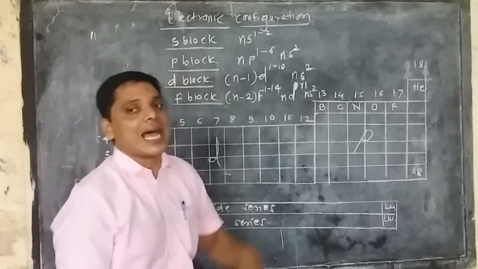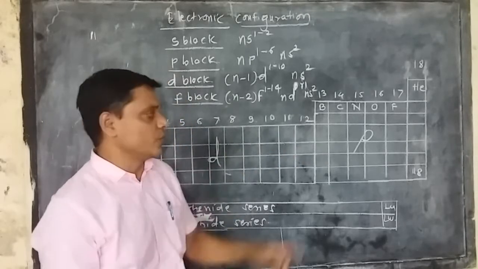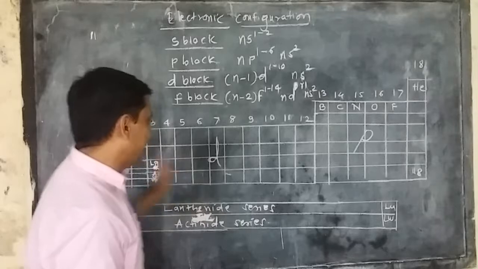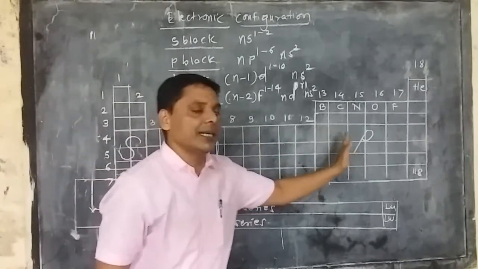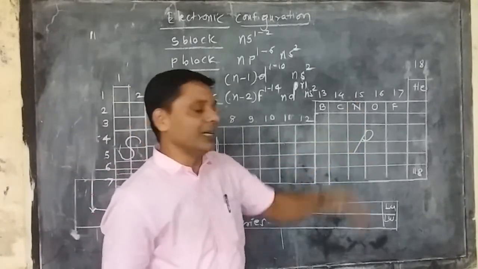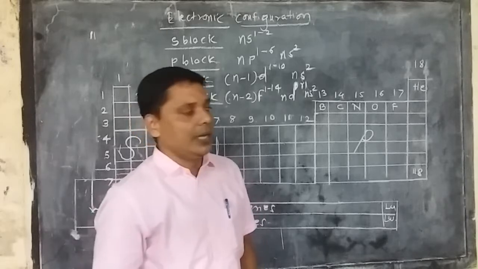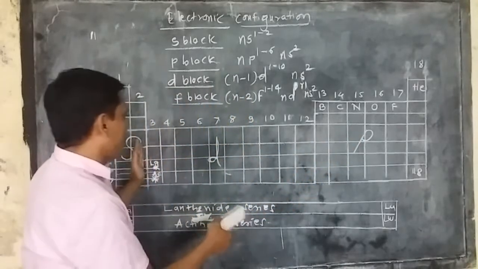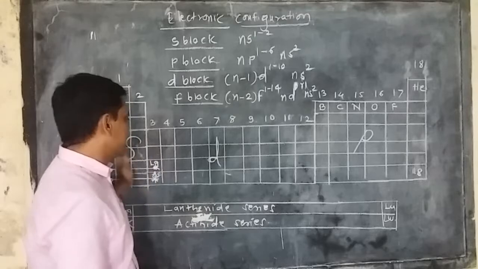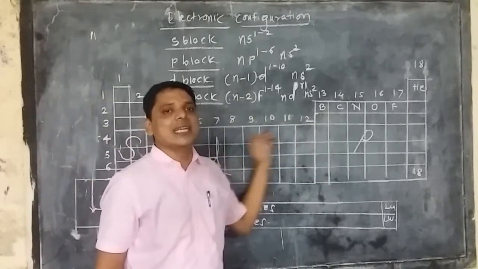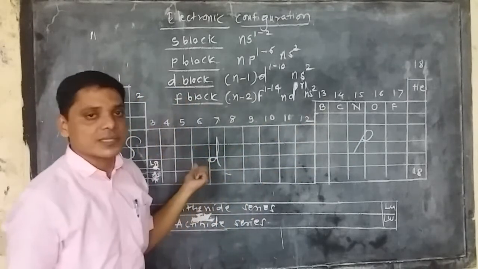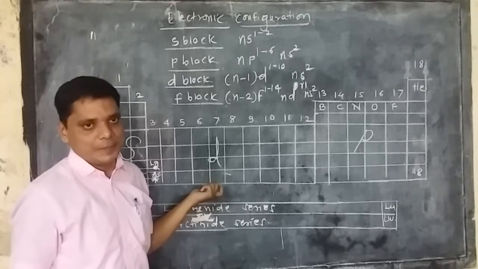Now see that these are highly electronegative elements which are present in it. So exactly opposite of the s block, these are highly electronegative elements. Then see the d block, the characteristics of the d block, which is exactly sandwiched between s and p. So these are called, at first, transition elements.